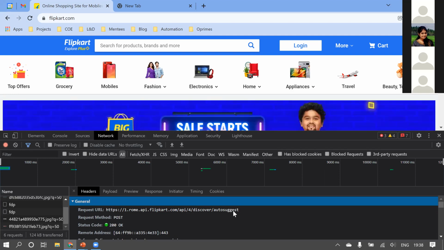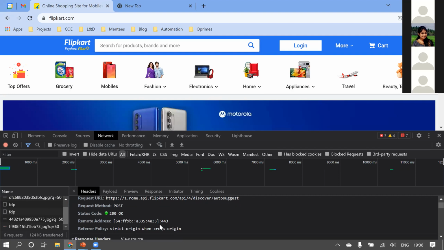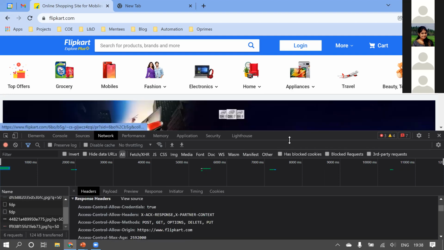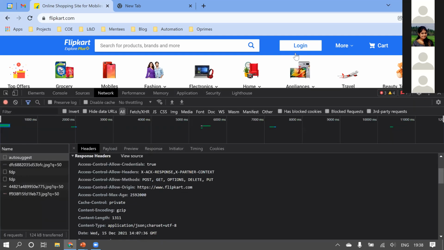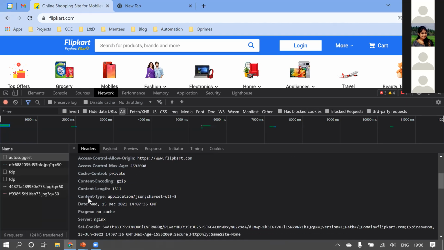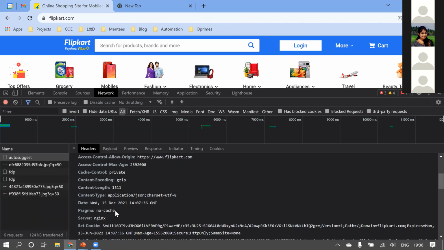Thank you. Okay. And now what is it having? It has the header. Like I said, it has the authentication and authorization information. Can you see access control, what it is accessing? It will have multiple similar examples. Most important thing is the content type. Like I said, the content type they are using is again JSON. And caching information, everything they will handle with the headers.